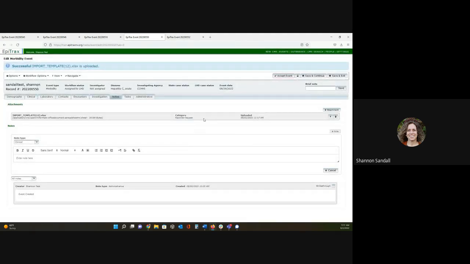Now we can see that our file's been uploaded. We can upload a variety of different files. So anything from like a JPEG, PDF to any type of a text document and a variety of other types of files. We can add a note. So if I come down here,